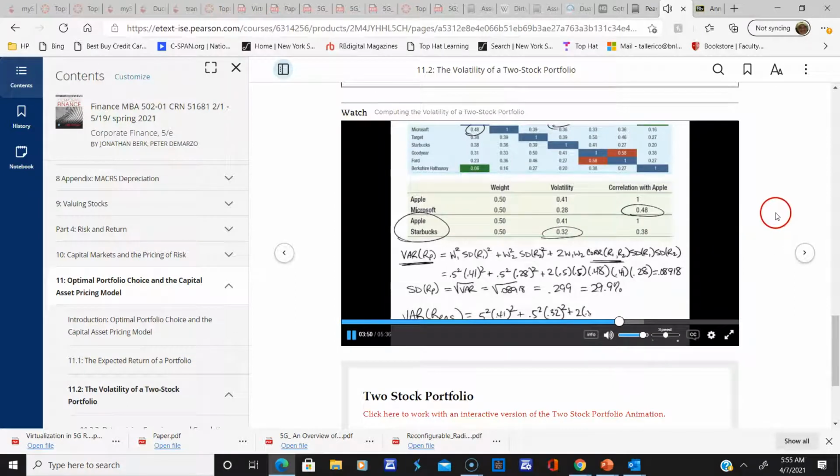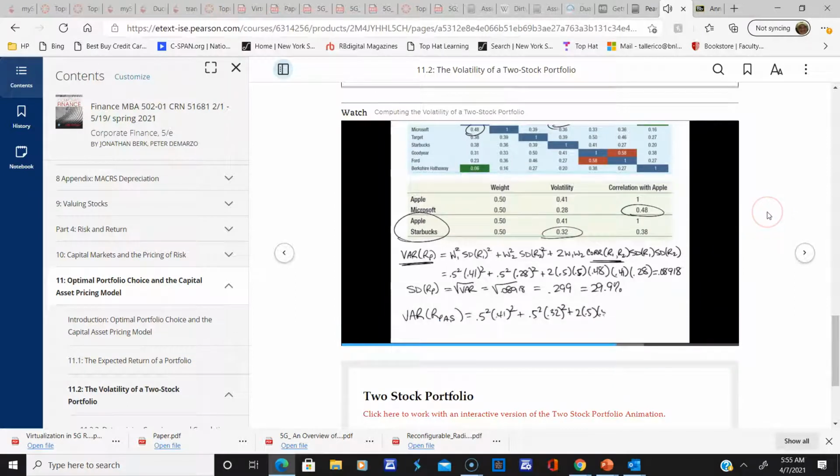So the third term will also be different because, first of all, they have a different correlation. They don't move quite as much together, which makes sense. Both Apple and Microsoft are in the tech space, so they have a higher correlation than Apple and Starbucks, which retails coffee. And so then we fill in their standard deviations here at the end, and we come out with